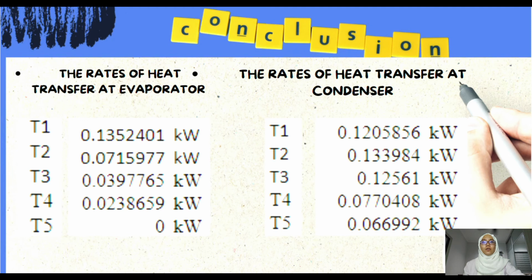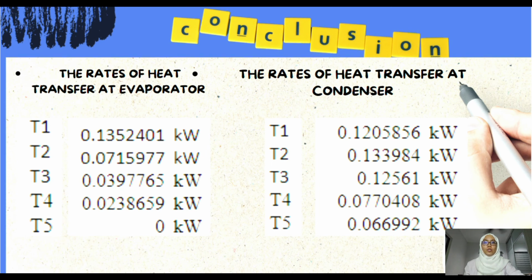To sum up, based on this experiment, the rate of heat transfer at the evaporator and condenser were calculated at 5 different condenser flow rates of T1 till T6 to compressor power of the vapor compression refrigeration cycle. With the state point properties and the power drawn by the compressor, the COP can be determined. However, the COP can be determined from the work input to the compressor or as the work applied to the working fluid. The rate of heat transfer at evaporator and condenser at T1 till T6 are: for evaporator at T1